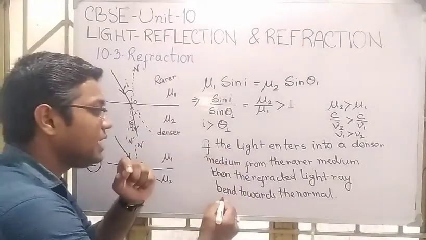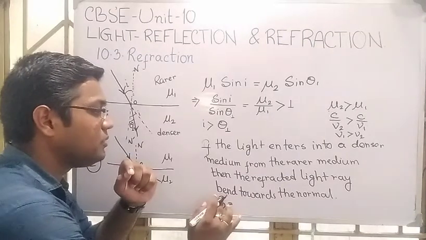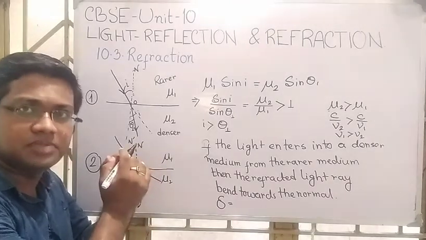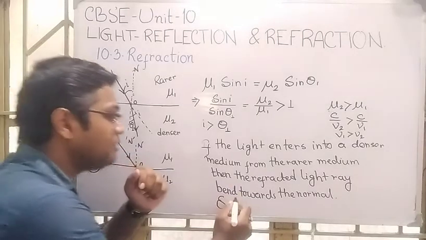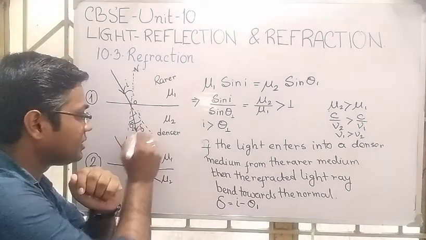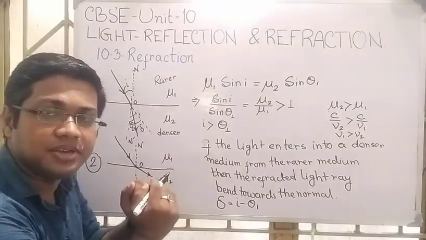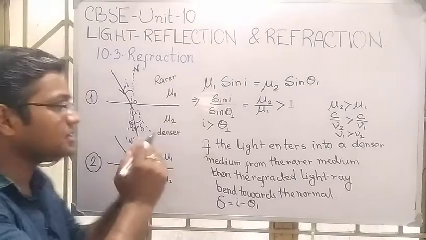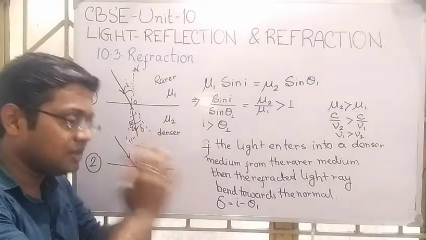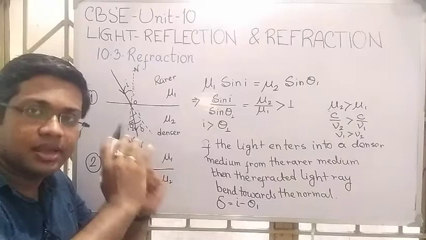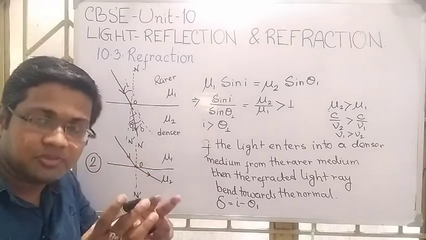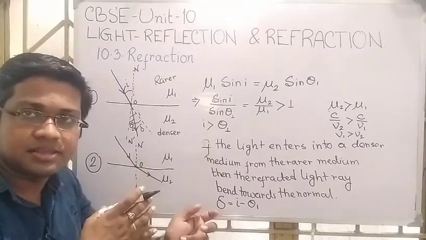And if anyone wants to calculate the angle of deviation here, because you know what the angle of deviation is, if you are following all the videos of this series. So delta equals i minus theta 1, that is, this angle is delta, the angle of deviation. Okay, so this is the explanation of diagram 1, and from here our confusion is clear. Why does the light ray bend towards the normal? It is not just a statement now. We know the reason behind this.